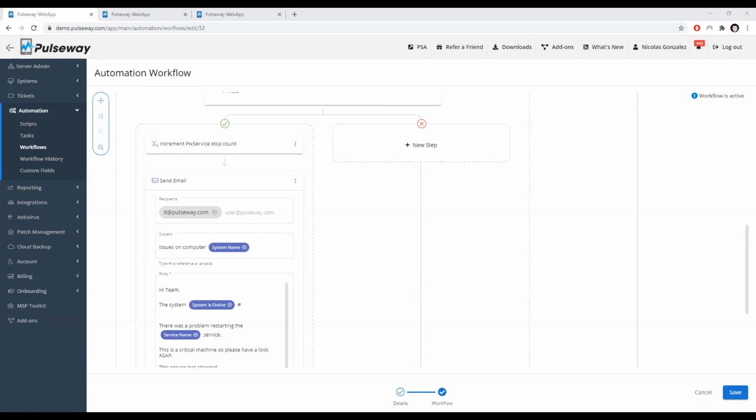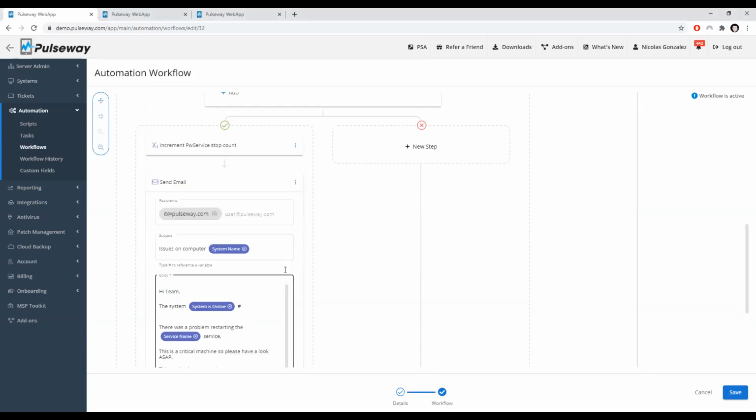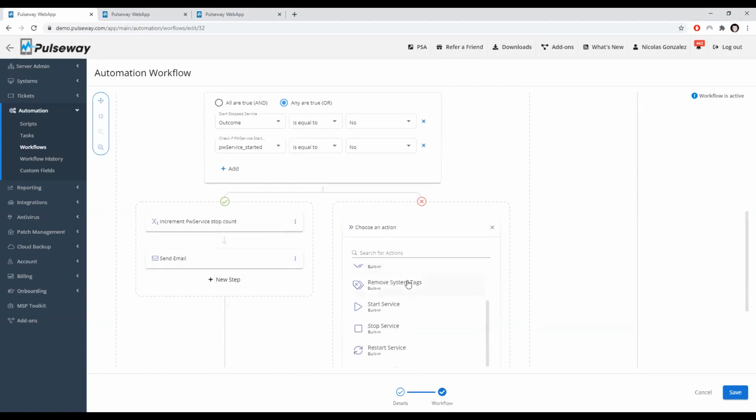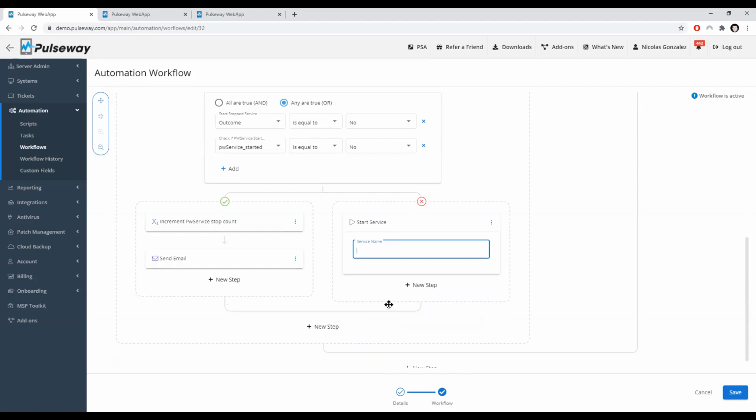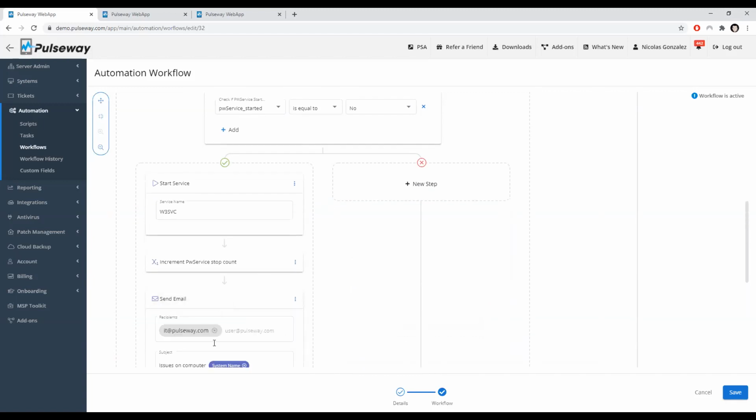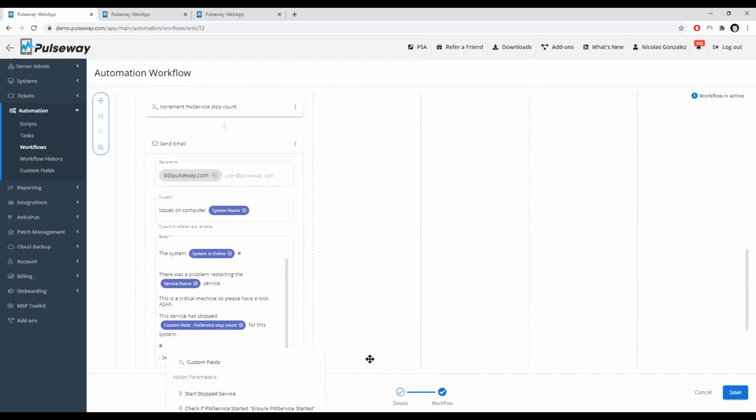You see, Bob has a question about whether we can access the outcome of an action in an email. Yeah, definitely. I can show you now. For example, let's create a new action. Start service. And then let's move this action here. So now this email should have access to the output of